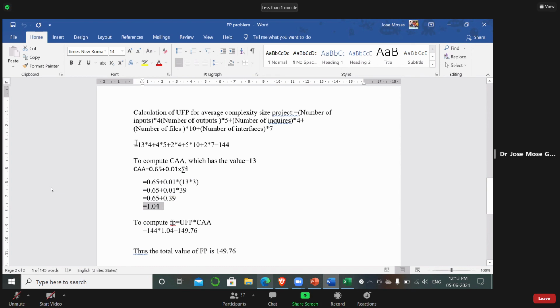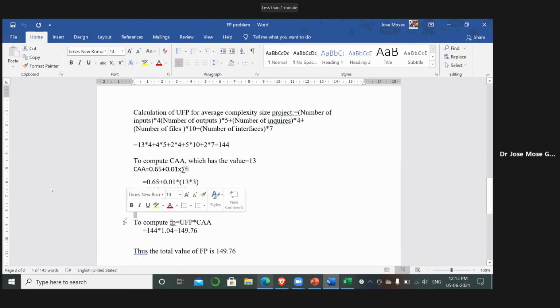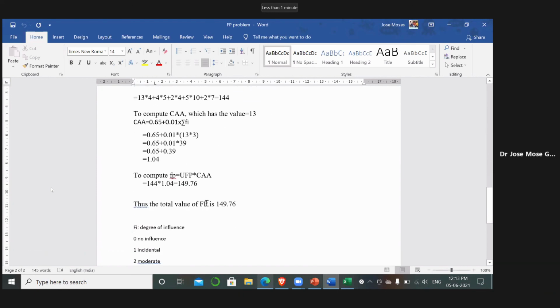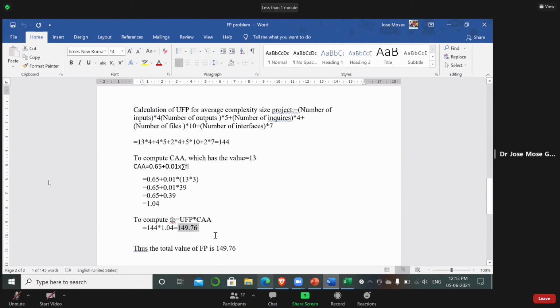The UFP value is 144 and the CAA value is 1.04, and we need to multiply these two values. The total value of FP is UFP into CAA, that is 144 into 1.04, which is 149.76. Okay, so to solve this problem you